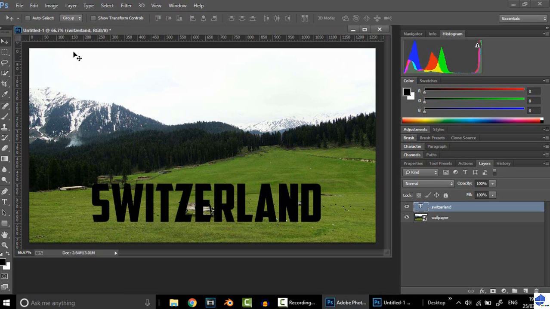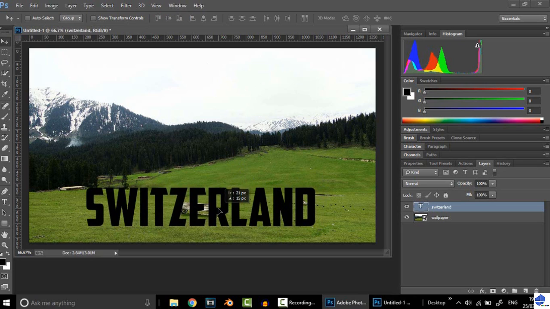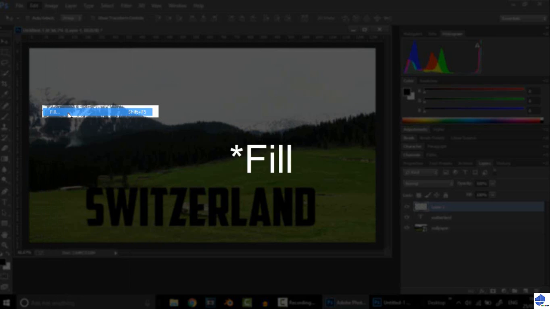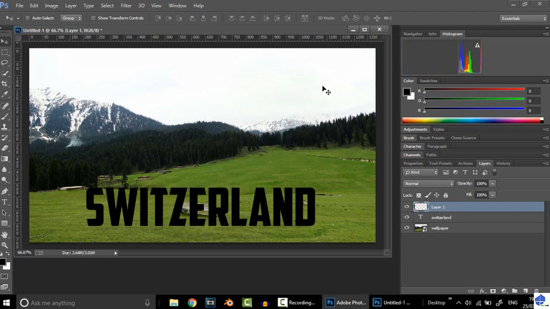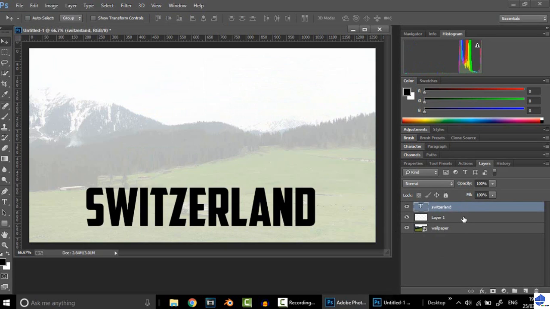Now select the text layer and then align it where you want it perfectly, and then again follow the same step. Make a new layer, go to Edit and click Fill and click OK. Now the Switzerland layer which is in the middle, bring it to the top, and now select the layer which we made translucent, that is the second layer which says Layer 1 over here, and now click Ctrl plus